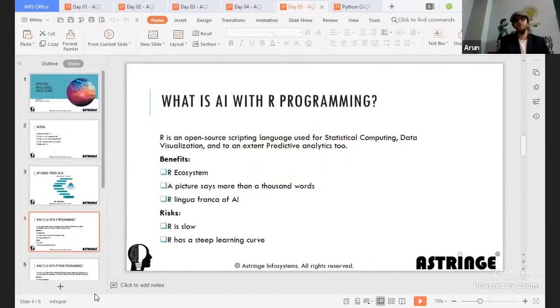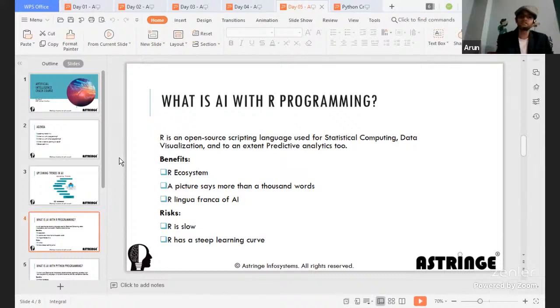What's AI with R programming? AI with R programming is good in those areas where it is statistical computing or data visualization, because of the ecosystem, and that's the benefit of the ecosystem, and also a picture says more than 1,000 words, right? So that is R, the lingua franca of AI.